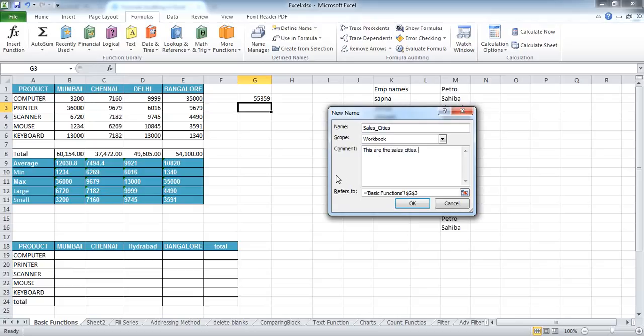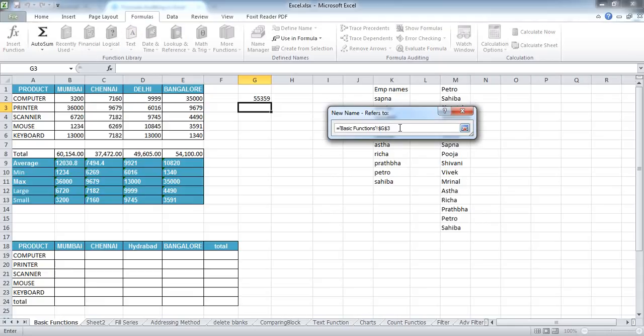And then comes the biggest of all of them. Which range are you exactly referring to by the name of sales cities? To input that, there would already be some default value selected over here. You need to overwrite this and click on this button over here. Now the whole thing shortens up, and first you need to delete this and then go on to the range to which you want to refer as sales cities itself. Now I want the B2 to E2 range to be named as sales cities.